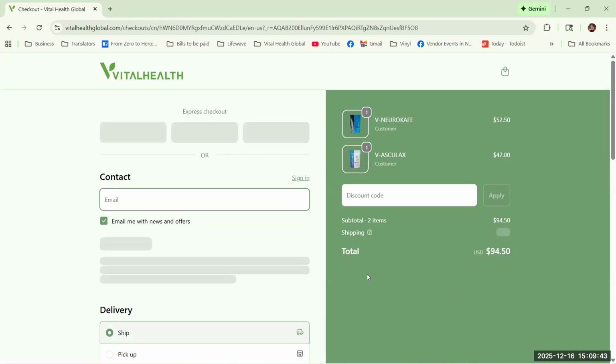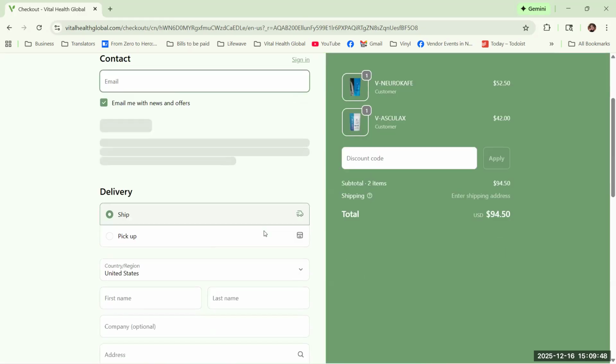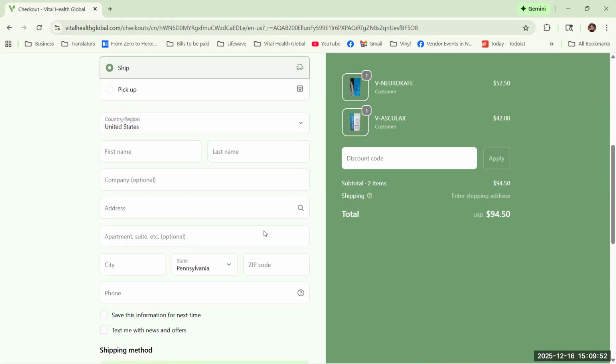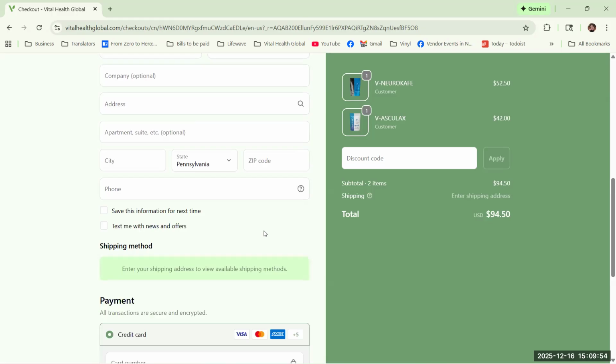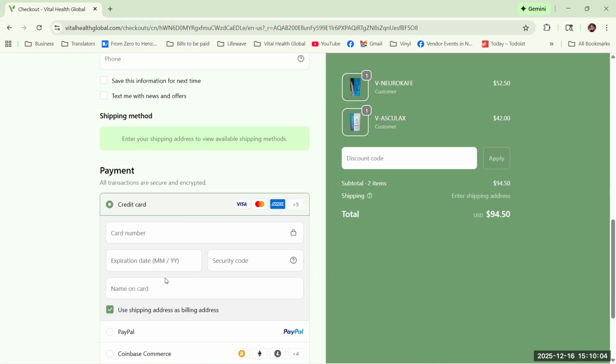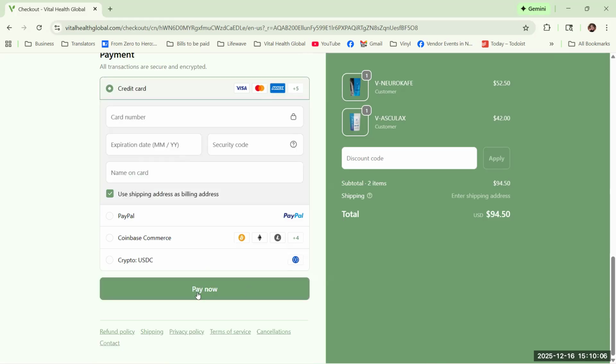And in this area, you'll be able to enter your customer's email, their delivery information, shipping address, phone number, email, very important, okay? And you can select save this information for next time, text me with news, depending what the customer wants. Okay, credit card information goes in here, and then you go ahead and click on Pay Now,